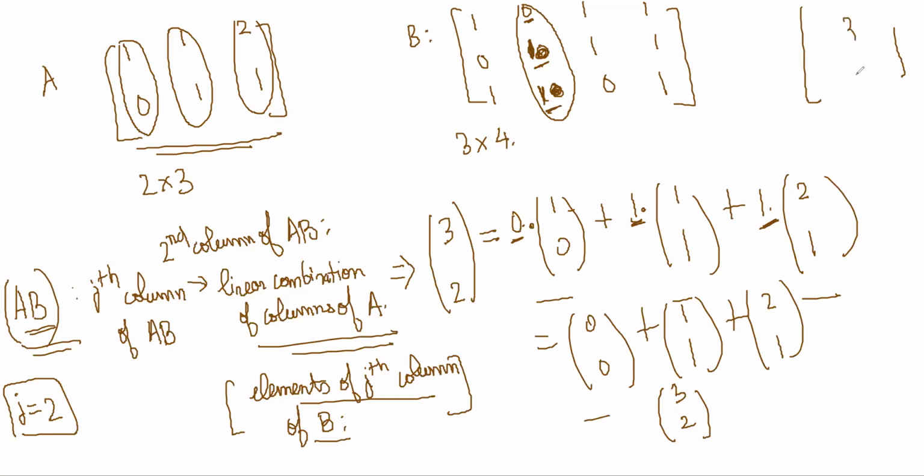So now do the multiplication. Answer should be 2 cross 4, no? The product should be 2 cross 4. Yeah. Right? So try to find the second column of the product. So let's do the first column also. First column, if J was 1, I would have done 1 into the scalars that come from B, 1 into 0, 0 and 1, right? And this will be the same. So it will be 1 0 plus 2 1. 1 0 plus 2 1. So 3